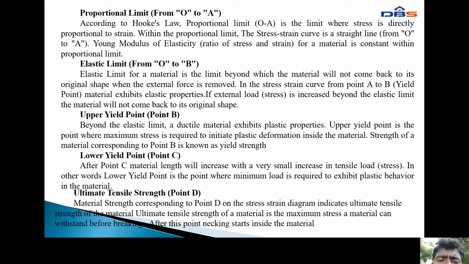In other words, lower yield point is the point where minimum load is required to exhibit plastic behavior in the material. Next, ultimate tensile strength, point D. A material strength corresponding to point D on the stress strain diagram indicates the ultimate tensile strength of the material, which is the maximum stress a material can withstand